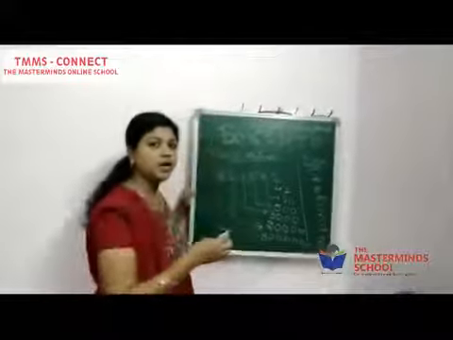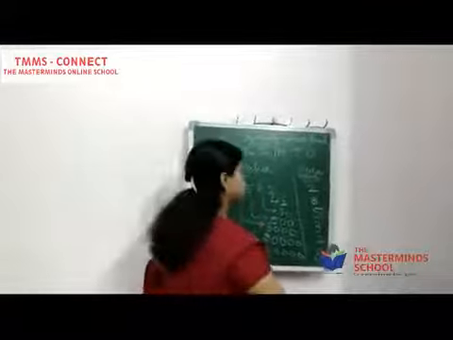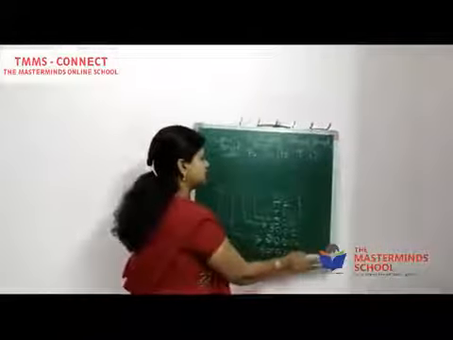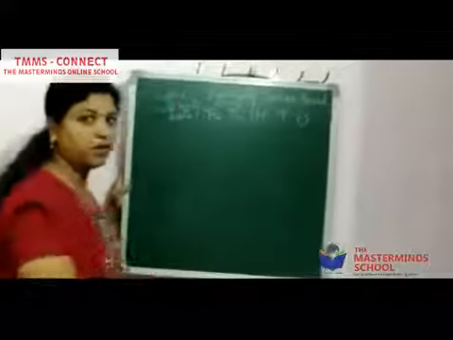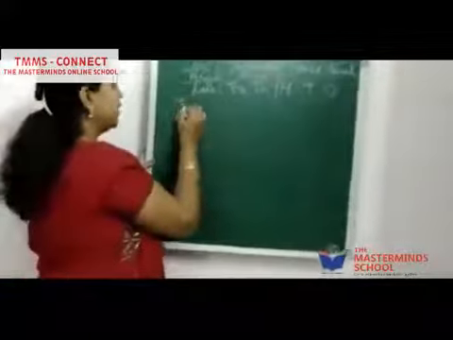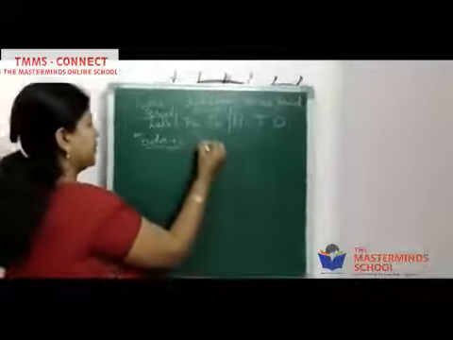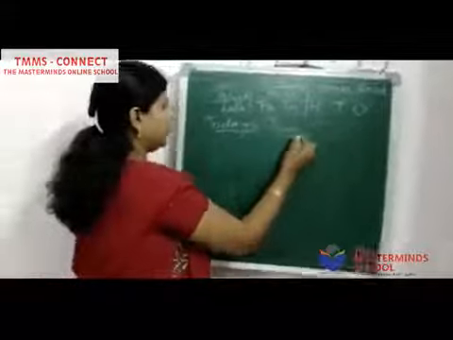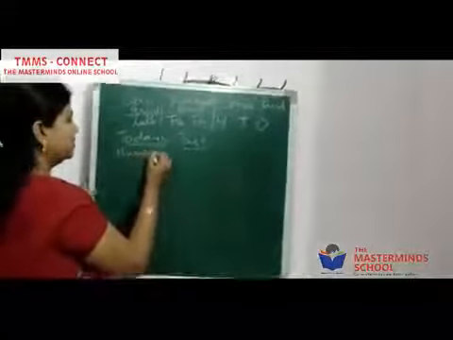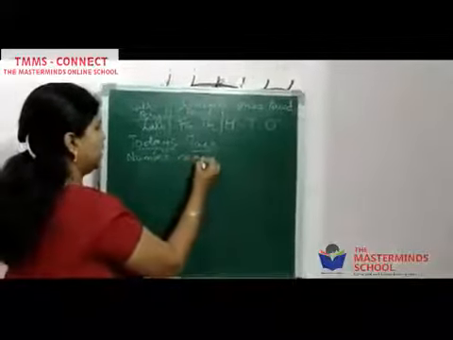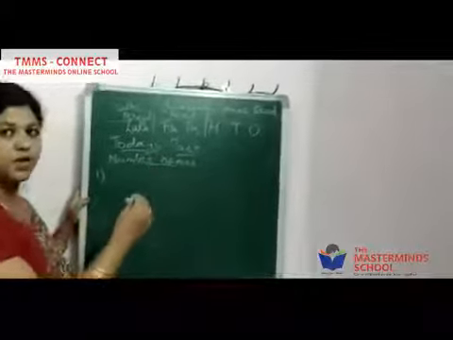Okay children, I hope you understood the place value and face value of the number. So, for today's task, let us write the number names and also the place value and face value of the number. Write the number names for the following numbers. These are the few numbers which I give you.